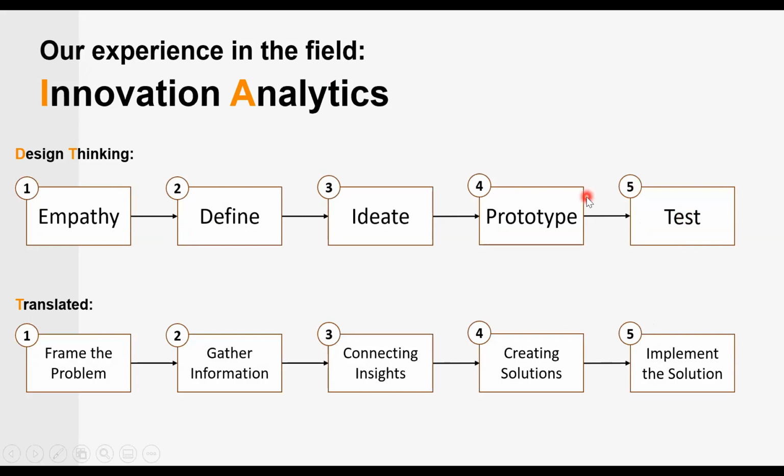And in this innovation analytics, we basically took the same steps of design thinking, but we applied it in our practice in the field, where we also translate it into something that is more applicable for a business context. So the translated version is basically, again, in 5 stages, but we start with framing the problem. Now, why is that different? Most of the time, whenever we feel that something is wrong, we first have to understand what is really the problem, right? Or am I even experiencing a problem in my business?